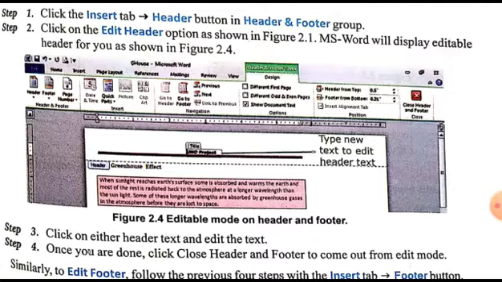What you will do is simply click on the header text and edit the text. You have to click on the header text for editing. So click on the header text and edit the text. And once you have